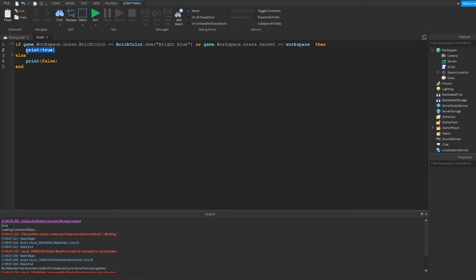Yeah, let's actually make it do stuff. So instead of printing out true or false, we can make it do stuff. So if it's bright blue, then, let's just remove all this. Actually, let's just check if it's sea green. If the color is sea green, then we're gonna say game.workspace